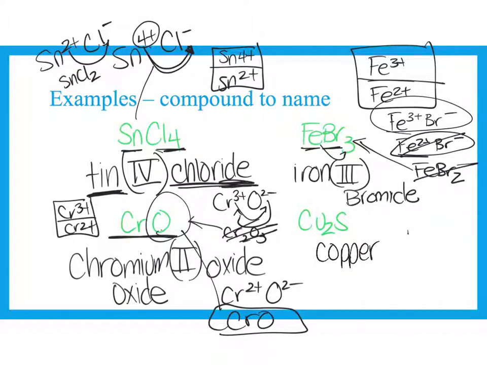And so it could be either copper 2 or copper 1 positive. So if it was copper 2, let's see, and sulfur becomes sulfide, it's 2 negative. Well, that would give me this. That doesn't match that, so that can't be copper 2. So it has to be copper 1